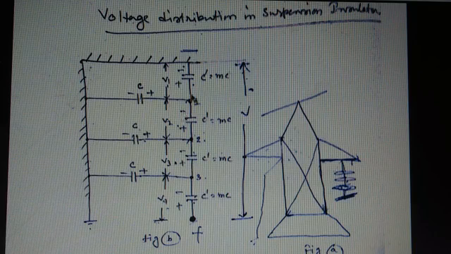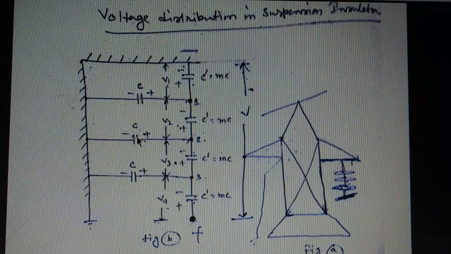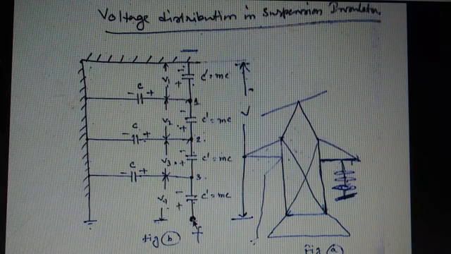The capacitor C dash is called the mutual capacitance, and the capacitance C is called the shunt capacitance or ground capacitance, because this capacitance is directly connected with the ground. And this is the conductor point, and this is the cross arm. So potential is distributed between 2 points. This conductor is generally the current carrying conductor, so this is the higher potential, and this point is connected with the cross arm, tower and ground, so this is the lower potential. So the voltage across the whole string is denoted by V.